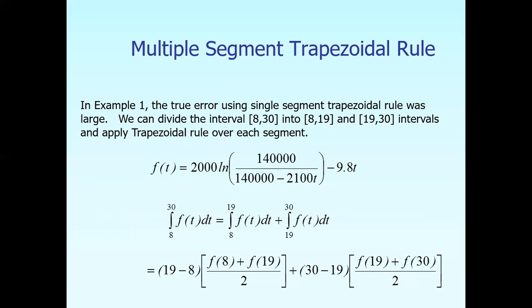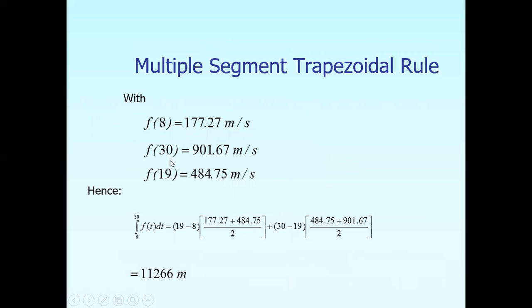In that there are two formulas. First one is I1 plus I2. This is your I1, this is your I2, and the addition of that is your total integration. Then find it by using this formula, f of 8, f of 30 and f of 19. Put all the values in that equation and find the values. Then